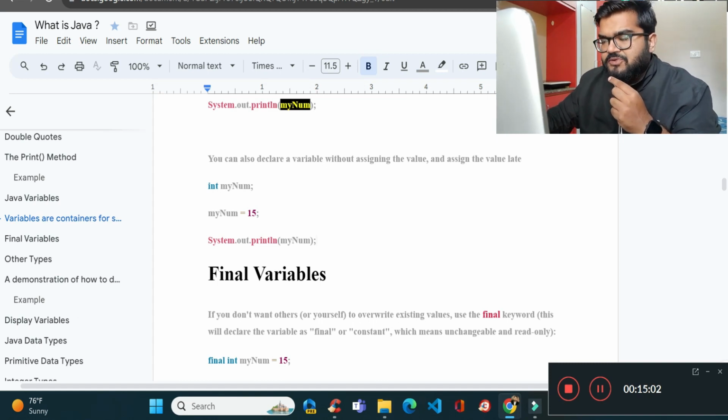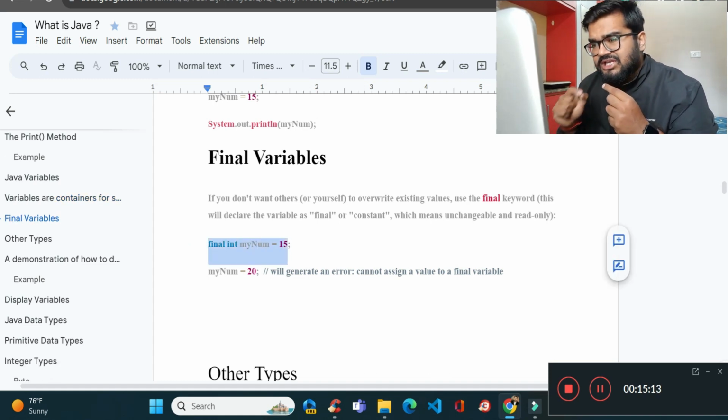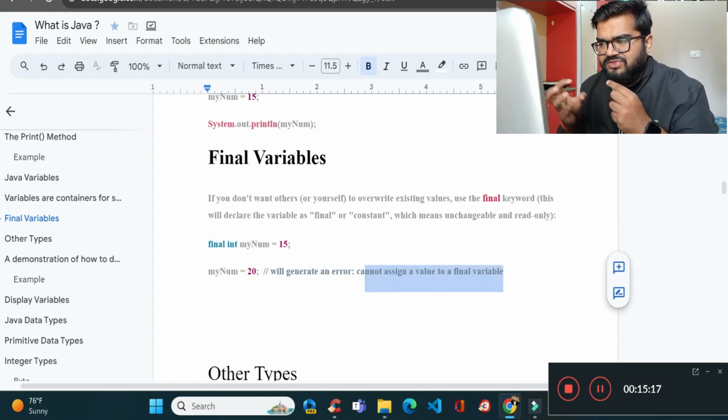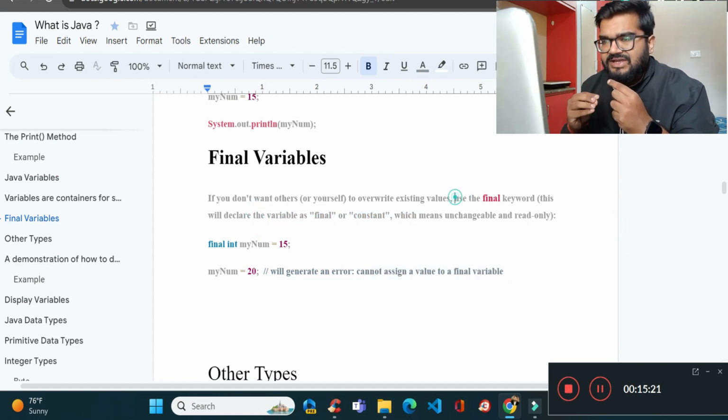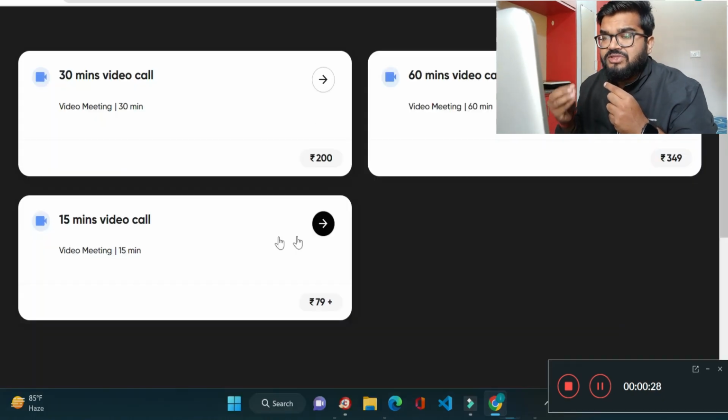Okay, now the next question can be, what are final variables? Whenever you are defining something with the final keyword, it cannot be changed, and it will generate an error, cannot assign a value to a final variable. If you don't want others to override the existing value, suppose you don't want the value to be changed, then in that particular integer you have to use the final keyword. Okay,